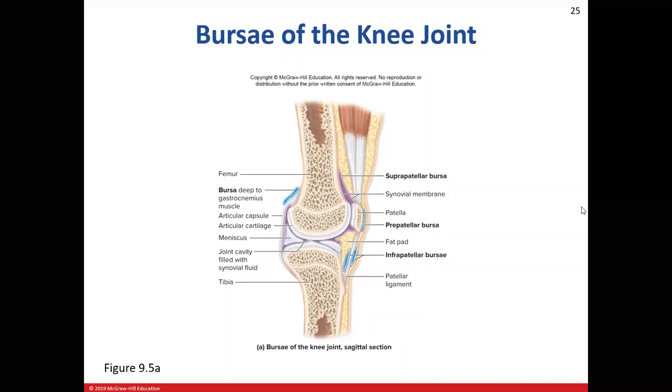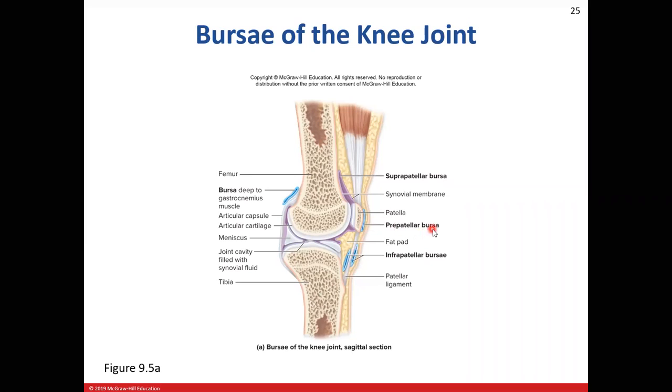So if we take a look at the knee joint, you'll notice that there are numerous structures around the knee, but also there are numerous bursa sacs around the knee. And again, when we think about where they're located, these are going to be located in areas where there's an increased amount of friction. So down at the bottom here,